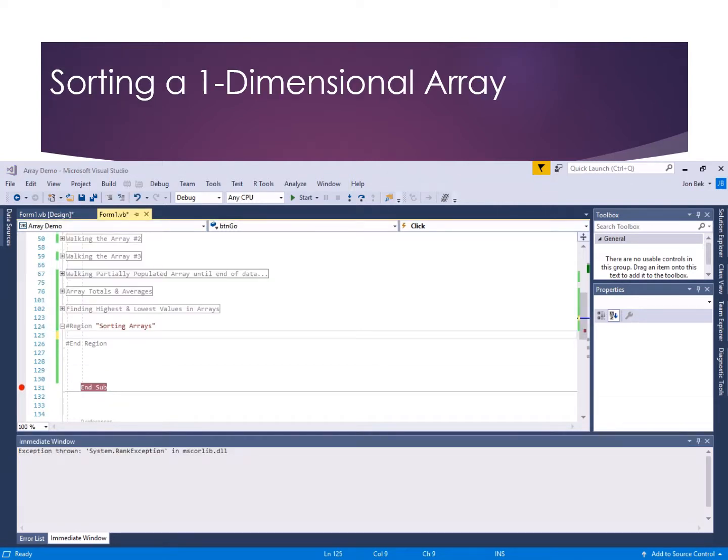Let's turn our attention now to another common task, and that is sorting arrays. One of the things I should say from the beginning is that the method I'm going to show you for sorting one-dimensional arrays will sort the array in place. That is to say, it's going to alter the order of your original array, and once that has been done, if there was anything important about the natural order of that array, or if the order of elements in that array corresponded in their order to any other thing, such as parallel arrays, a second array that had data in